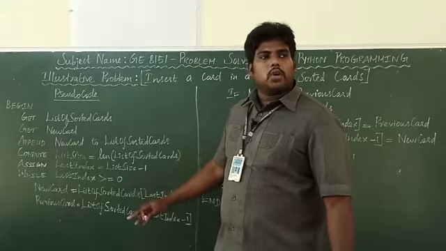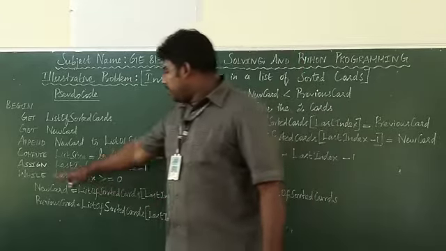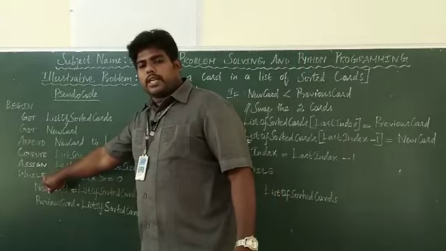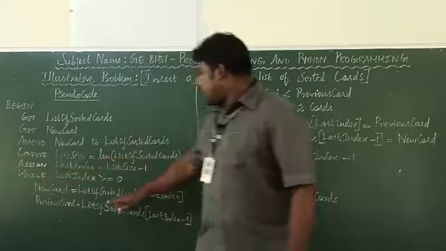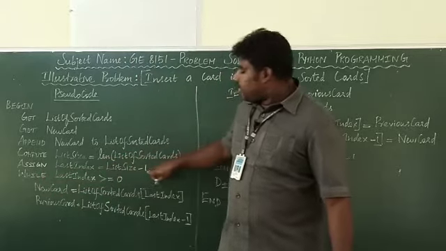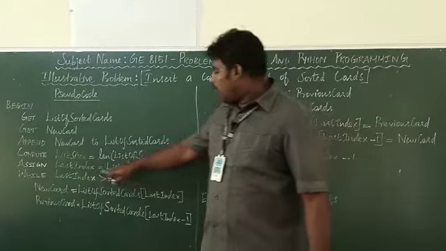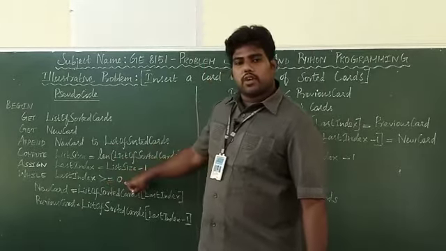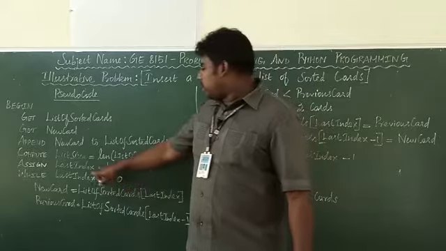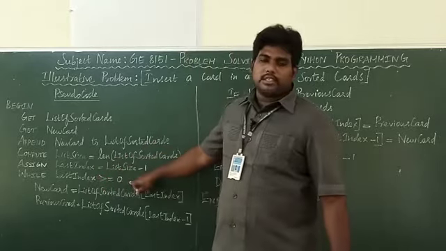Now your loop is going to start. So here you are using the keyword loop while. While, what's the last index? Here last index is nothing but size minus 1, right? So last index greater than 0. You are checking a condition whether the last index is greater than 0.